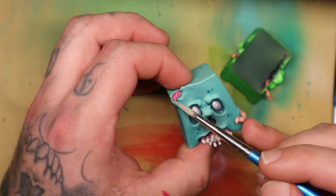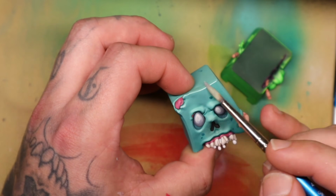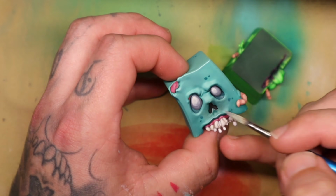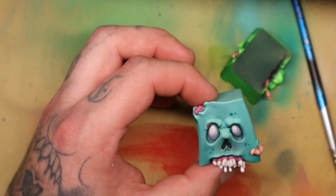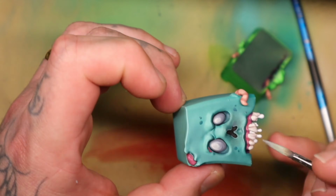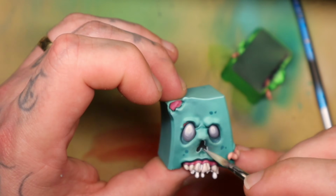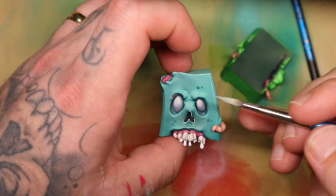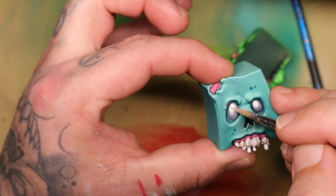I then edge highlighted around the edge because my style of drawing has a lot of white highlights, and I wanted to make sure that those stood out on the model as if it was my drawing. This also helps to create a little bit more depth between your foreground and your background as well. I went back in with one final highlight on the eyes,